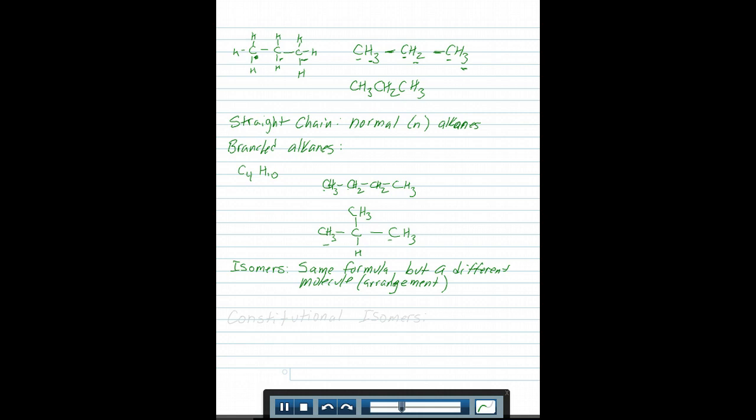Okay, so those are the types of alkanes that you will see throughout this class. You have the straight chain and you have the branching chain, and these are what's called isomers. In particular, these are called constitutional isomers. We're going to learn a lot of different types of isomers, but this particular example I gave you is what's called a constitutional isomer, where you have the same formula, but the arrangement of the atoms is in a different place. Okay? So that's what isomers are.